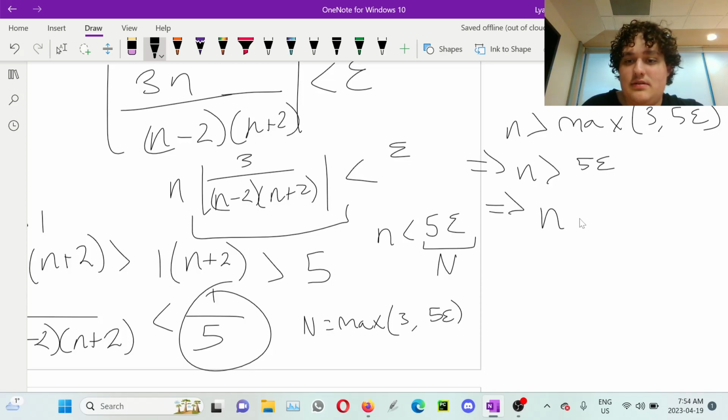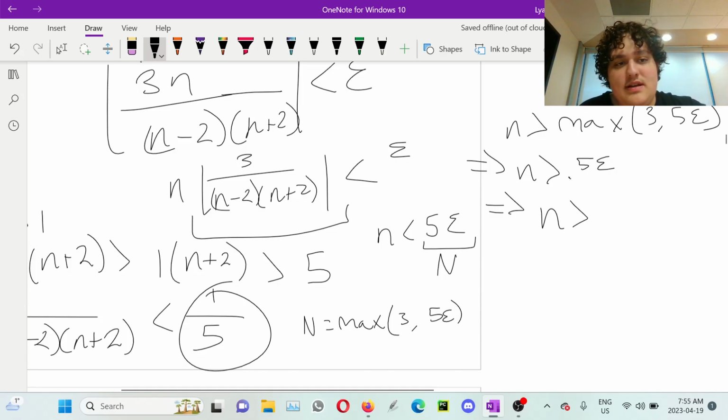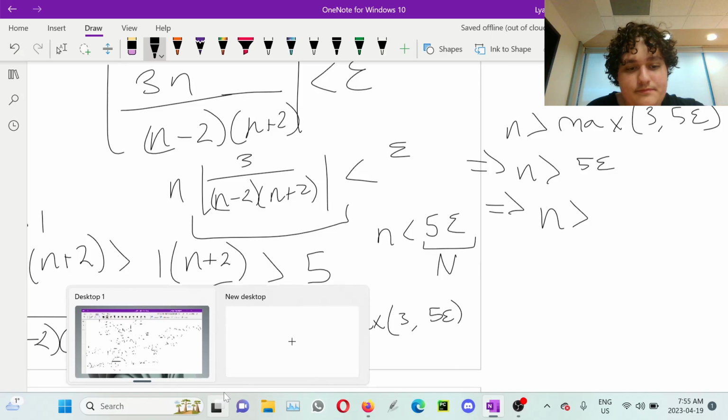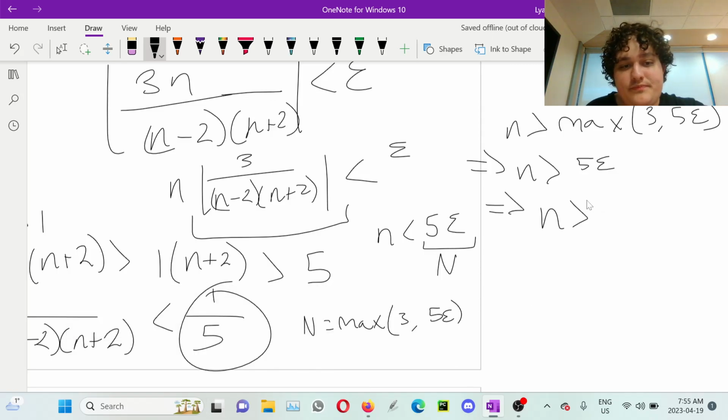Which means that it's greater than, and we know that, never mind, it's fine. Sorry, okay. Multiply both sides by 1 over 5. And we know that 1 over 5 was an upper bound on